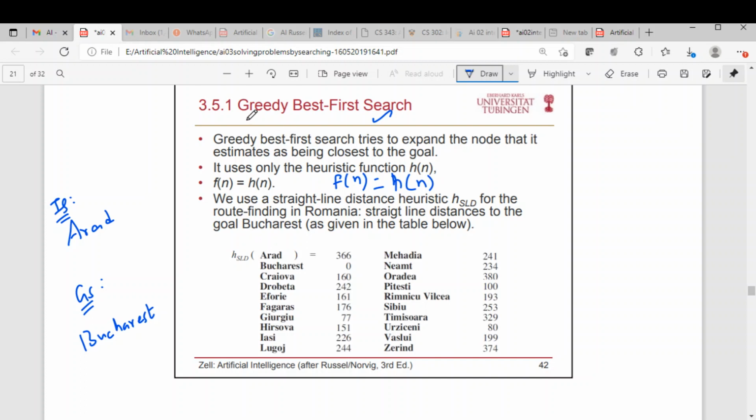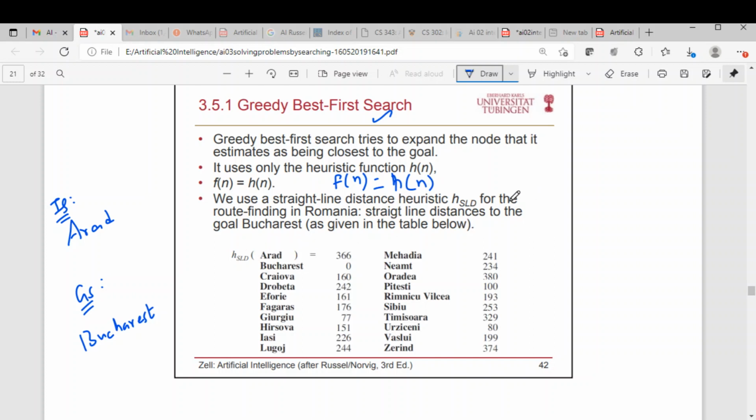The algorithm that we are using is a heuristic algorithm, the simplest form of heuristic algorithm, which is called greedy best first search algorithm. And this is the evaluation function it uses: f of n is equal to h of n. H of n is the estimated cost from the current state to the goal state. But specifically, what is h of n?